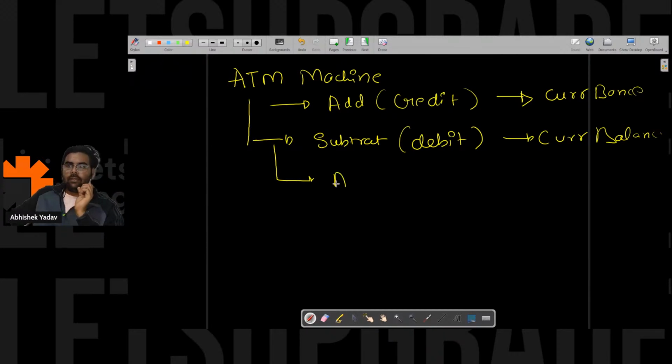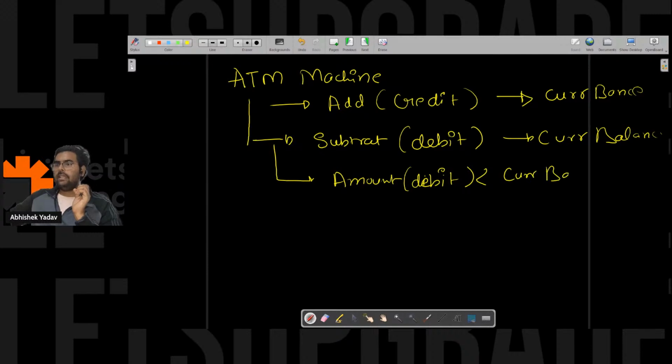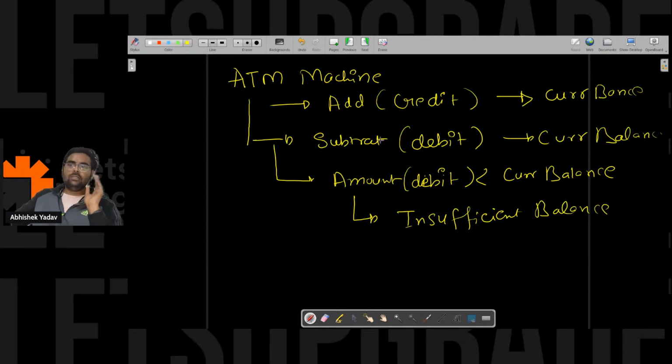That is, if the amount you want to debit is less than the current balance, then you have to print insufficient balance. The problem statement is clear. So you have two options: when the person presses 1, you have to add. When the person presses 2, you have to subtract. And apart from 1 or 2, if the person presses any other key,